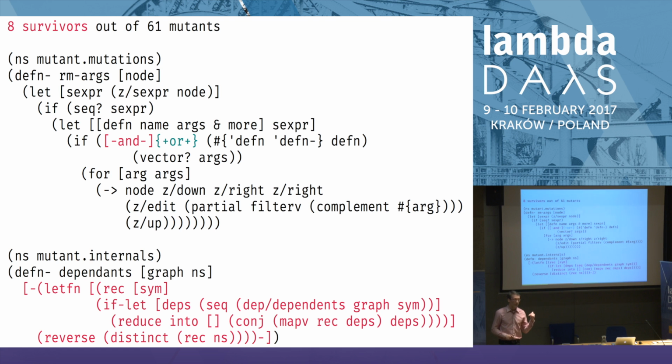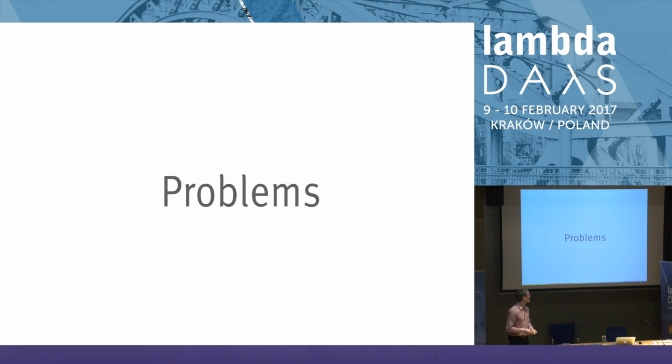I ran this thing on a number of prominent Clojure open source projects and was able to generate actual survivors which are not caught by those projects. I'm not going to name any names because that's not the point. The point is this thing works. It is in a state where we can start applying it in our code bases. This being said, it's too early to get excited about it. There are still a number of rough edges which I'd like to discuss here.